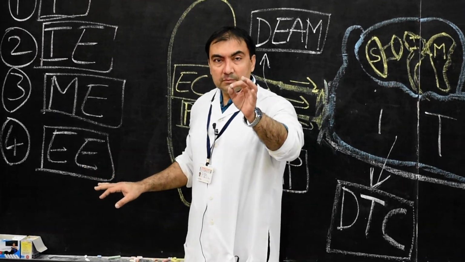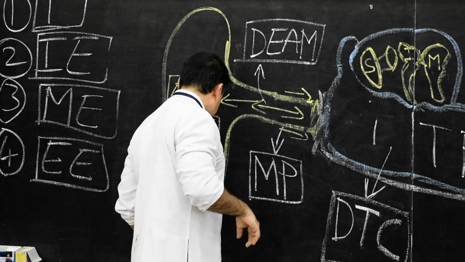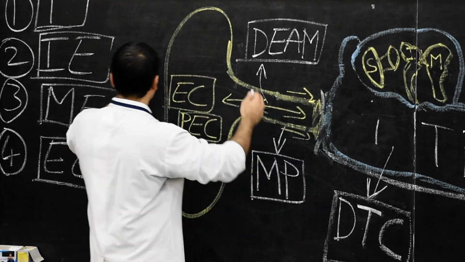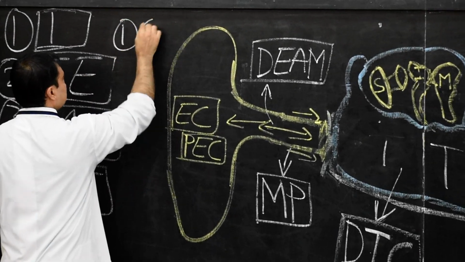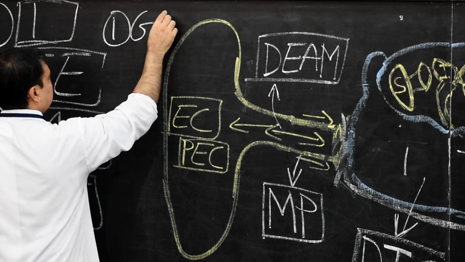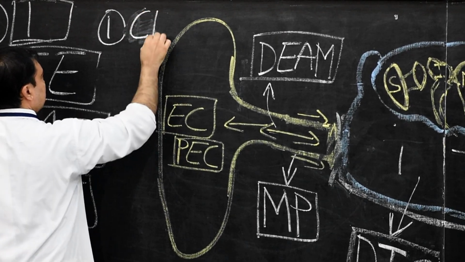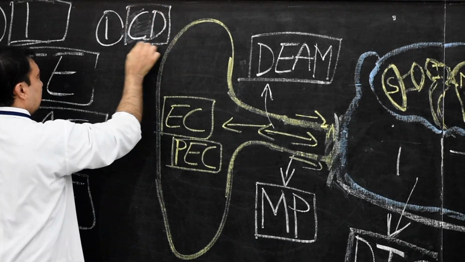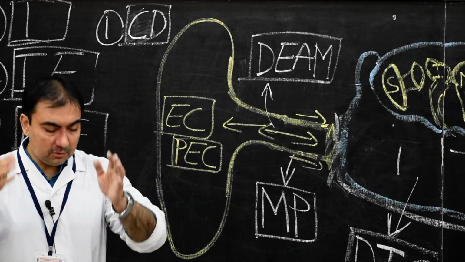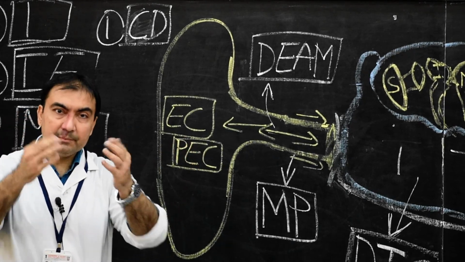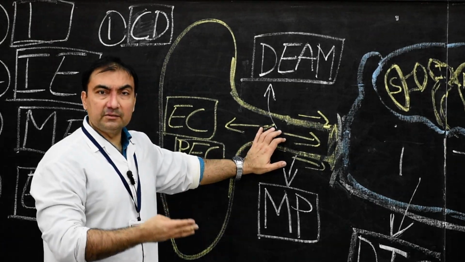Now we come to the developmental anomalies. Please note down the first point in developmental anomaly. The first point will be congenital deafness. So instead of G I should write C, congenital deafness. This congenital deafness will be because of non-development of the otocyst or otic vesicle, or it can be because of non-development of the external acoustic meatus.